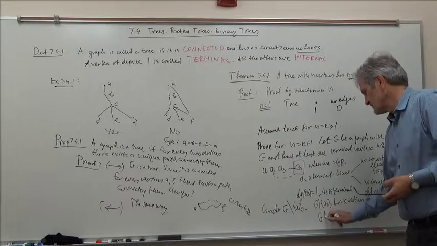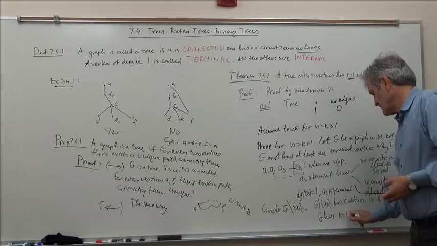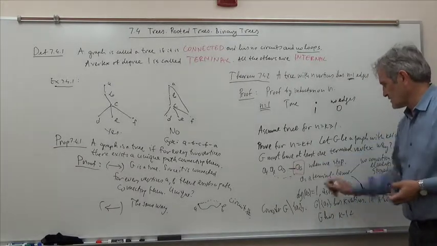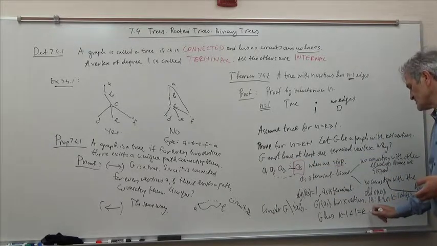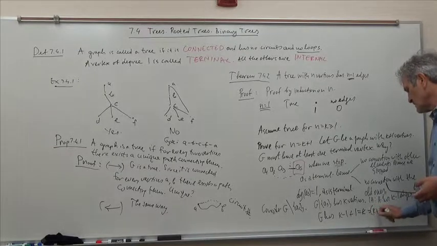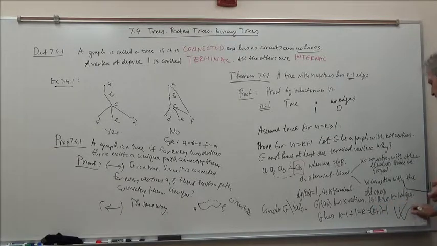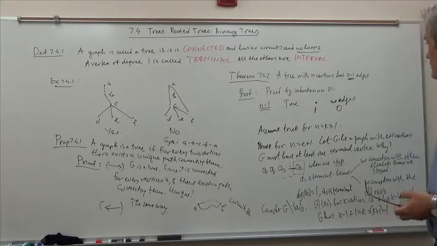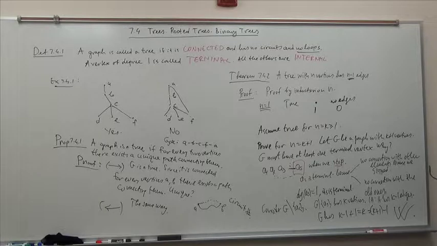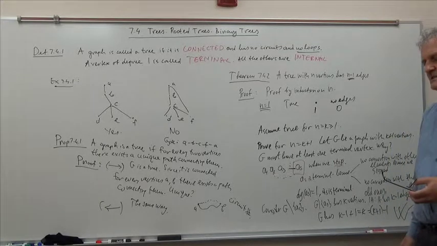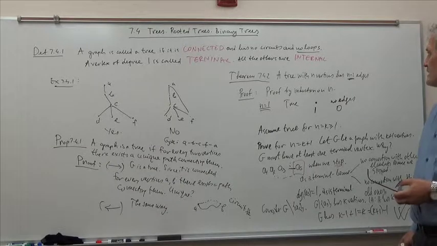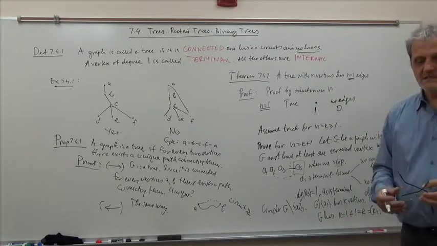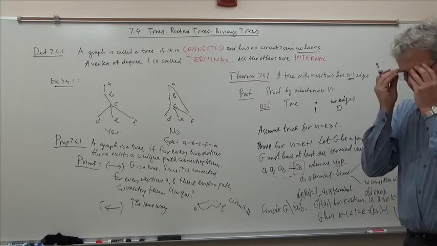So G has what? Those K minus 1, and that one that we cut off, plus 1, which is K edges, and that's what K plus 1 minus 1. So we proved our statement. So here it is, we proved it by induction. So you see there is a natural connection between a tree, the number of vertices, and the number of edges, and that the number of edges is one less than the number of vertices.